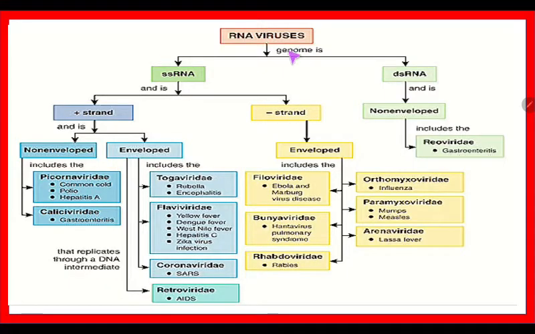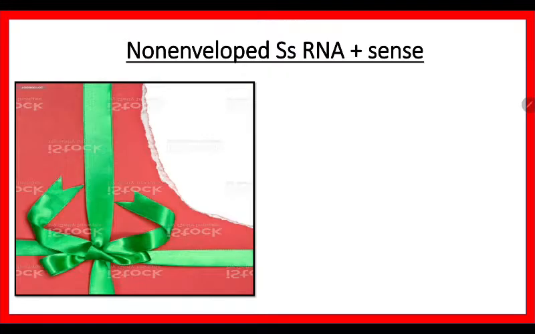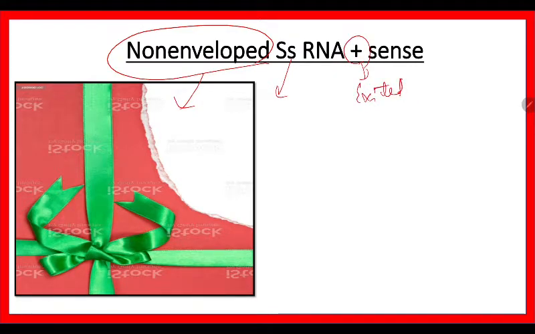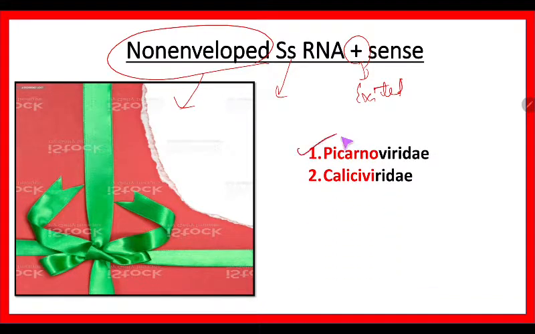Next, coming to RNA viruses. RNA virus is classified as single stranded RNA and double stranded RNA. Now we'll see the example. First is non-enveloped single stranded RNA. So it is non-enveloped, like you are removing a gift wrapper, single stranded, only one gift at a time, and positive, that is you are excited to remove the gift. The examples are Picornaviridae and Caliciviridae. Pikkaradhu in Tamil, like pikkaradhu kilikkaradhu, so both are removing, so Picornaviridae and Caliciviridae.